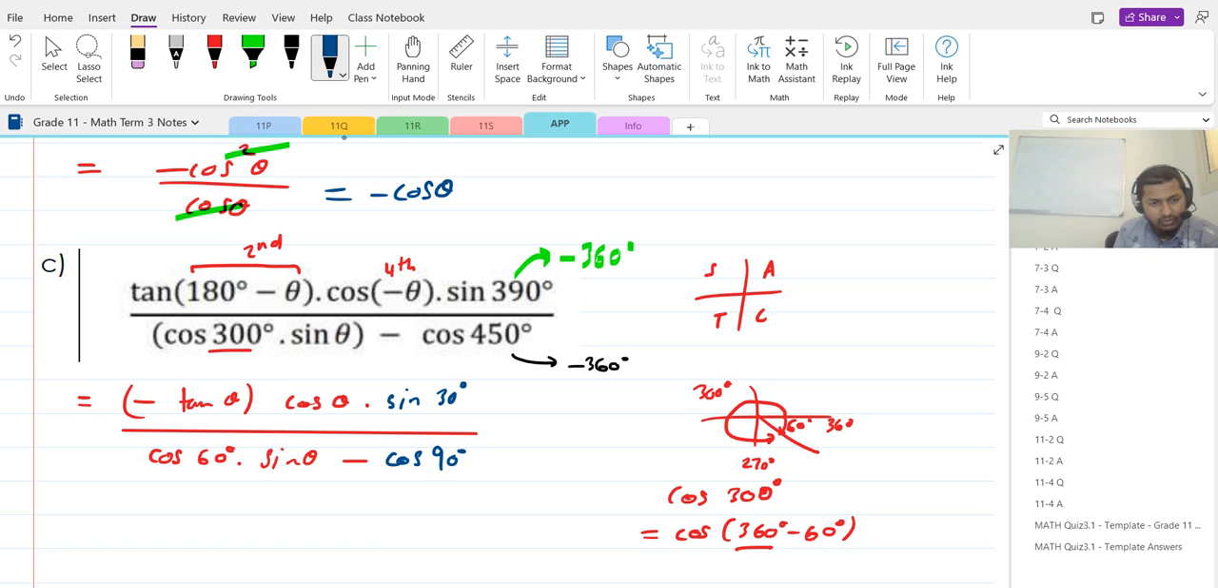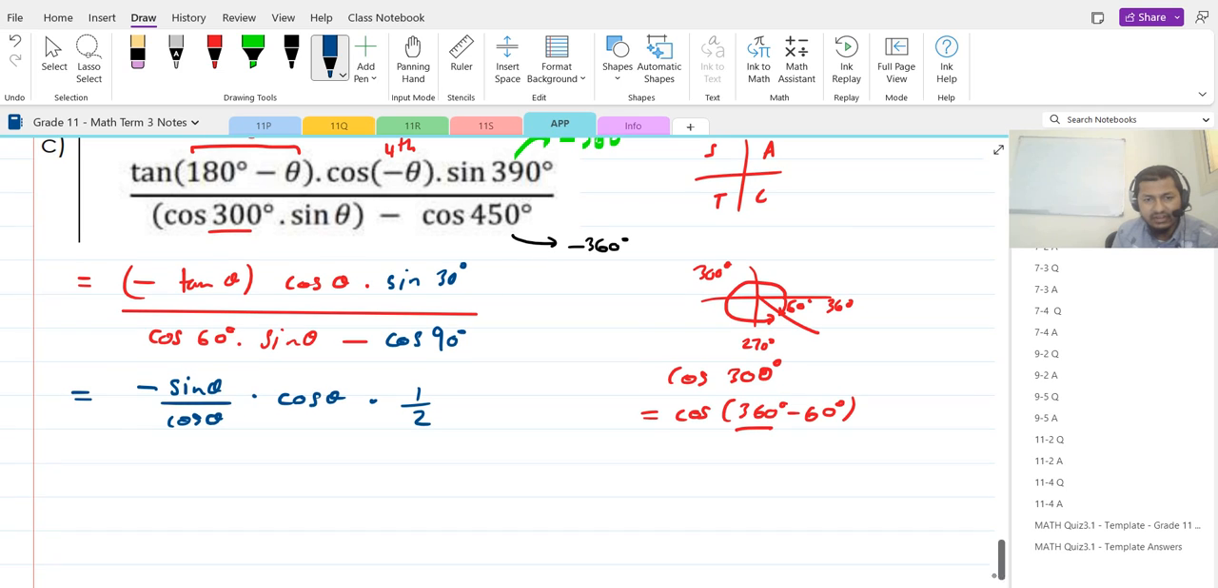Now we're going to find these things on the calculator, all the special angles, or using, obviously we worked out sine 30 before, the table for special angles. So we have negative tan theta, which is negative sine theta over cos theta, times cos theta times sine 30 is half,